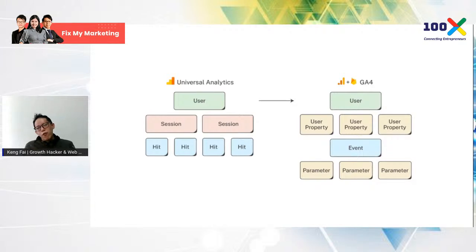So in the new GA4 or the new Firebase, we identify them by user properties. Each user has a unique profile and a unique behavior, and we store them into one profile. And every event that's sent, we have different parameters. So that is how to track you. Even if you use your phone, even if you use your website, everything stays consistent. That is the ultimate goal of this FLoC machine learning method.